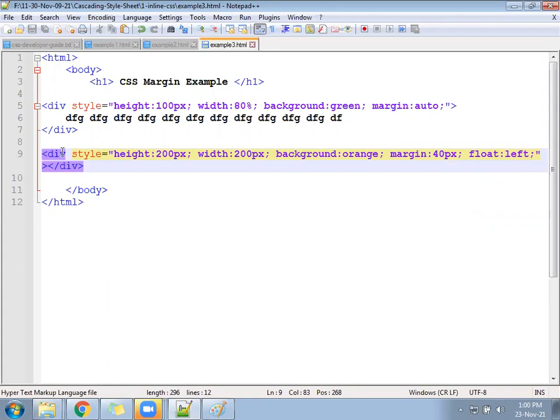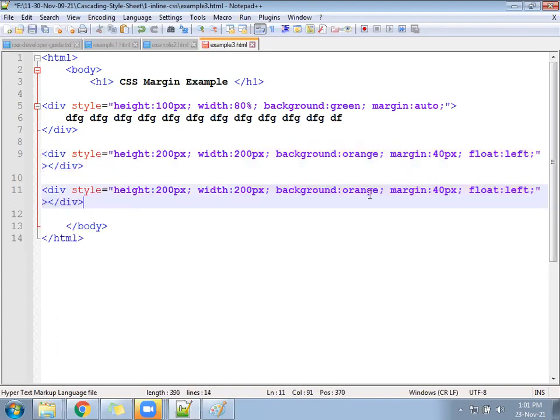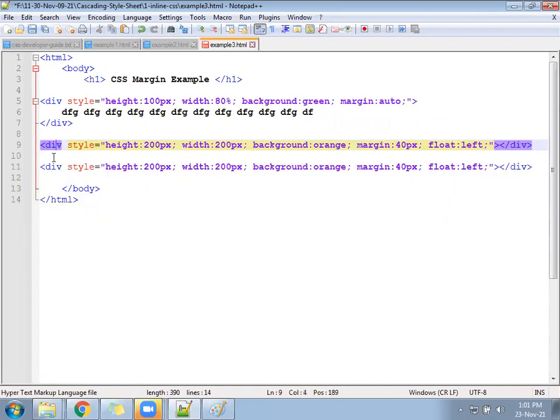Margin 40 pixels is like this division will leave 40 pixels on the left, right, top, and bottom. And we added float left also. So what will float left do? Float left will forcefully say start from the left side, and if anyone is coming after you, let him adjust on the right hand side. Suppose copy this division and paste after this. Let this also be orange itself, and see. One division is coming one after the other with the same property and value. The gap between two will be 40 plus 40, 80 px.